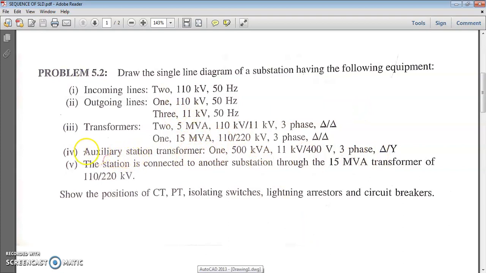Okay, now here you can see the auxiliary stations require how many transformers? One transformer of rating 500 kVA, and the voltage rating is 11 kV by 440 volts. So obviously here we have stepped down from 110 to 11 kV. Then obviously from this 11 kV line, I have to take one 11 kV line out of it and step it down to 400 volts. So okay, 11 kV and 400 volt will